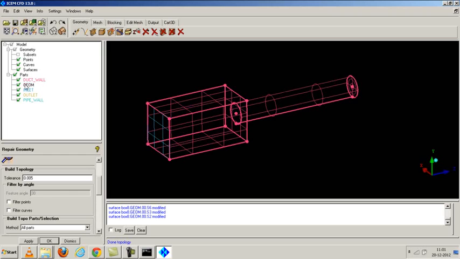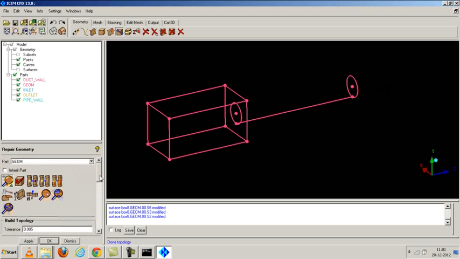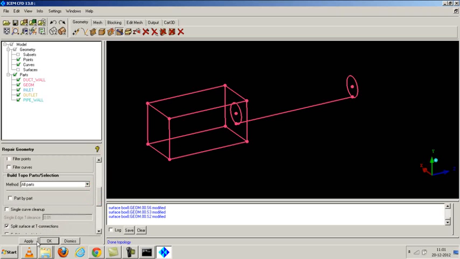Initially, I'll switch off the surfaces for your understanding. So now we are looking at the colors of the curves. It's pink in color, and it is a single color. Once we run the build topology, it will tell you the connectivity of the surfaces